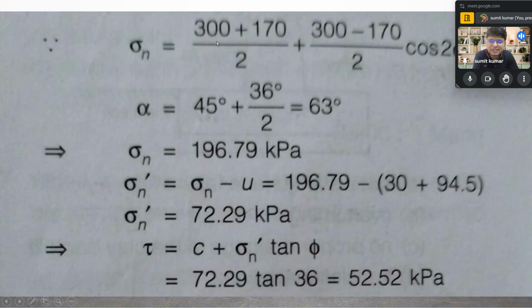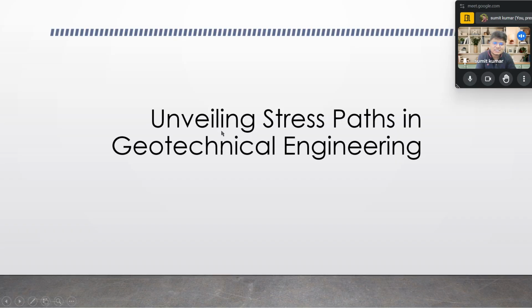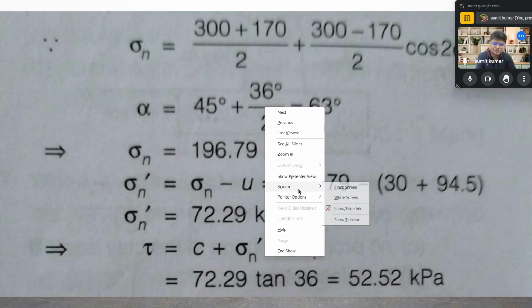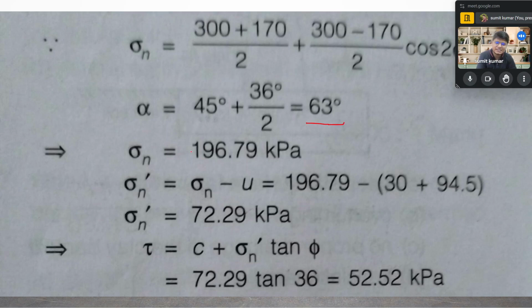So we are going to apply the same equation as (sigma y plus sigma x)/2 plus (sigma y minus sigma x)/2 into cos 2 theta. Theta is the alpha over here. So alpha is equal to 45 plus phi by 2. So we apply 45 plus 36 by 2, and we are able to find 63 degrees. After that, by applying the relation, we are able to get the value of sigma n as